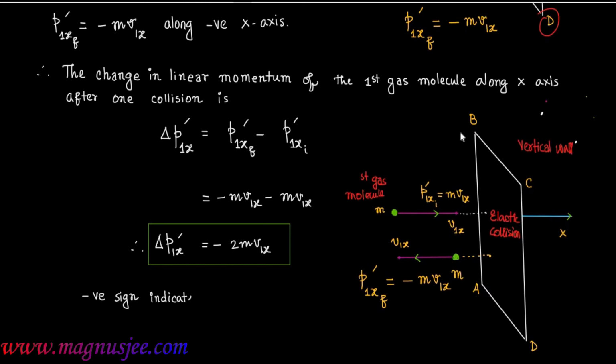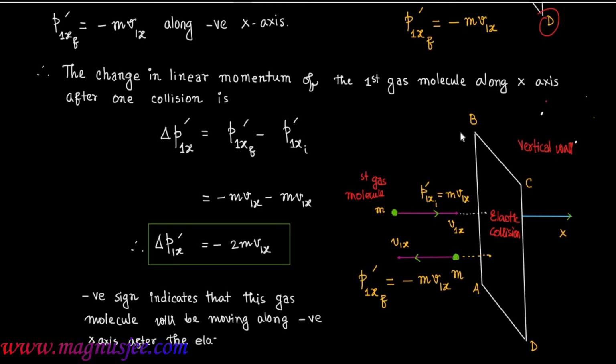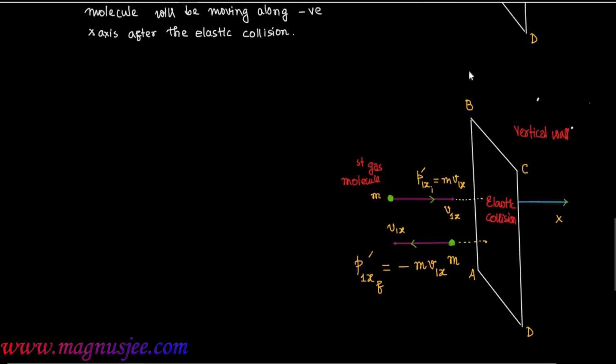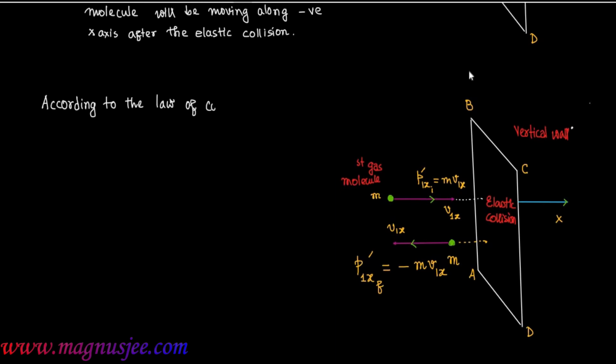And in this expression, the negative sign indicates that this gas molecule, that is the first gas molecule, will be moving along the negative x-axis after the elastic collision with the vertical wall ABCD. Again, according to